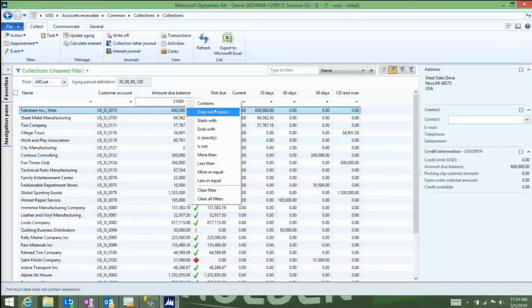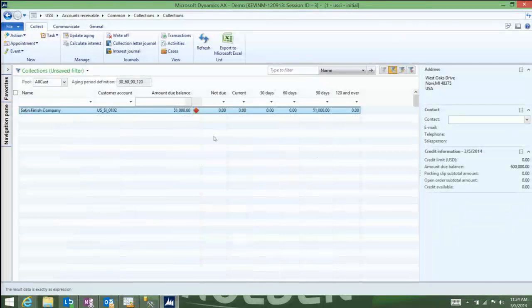And in here, I've got lots of different filter criteria, but I want mine to be set to exactly is $51,000, and then it pulls back the Satin Finish Company. So I can kind of validate with this individual their address information, company name, who the contact is, and so forth, and then give them a little bit more information about their specific document.